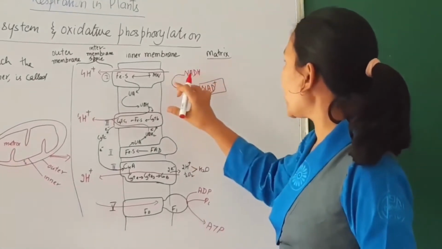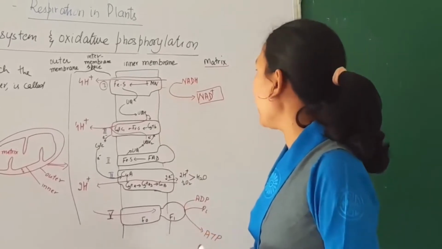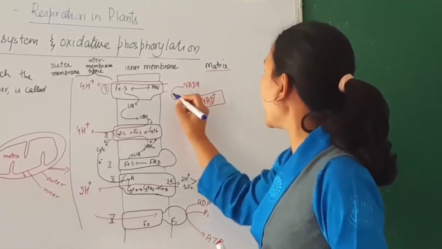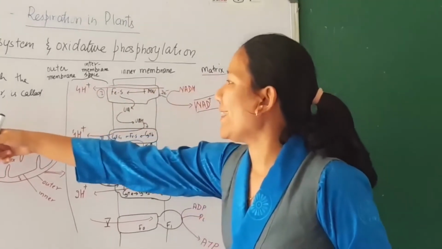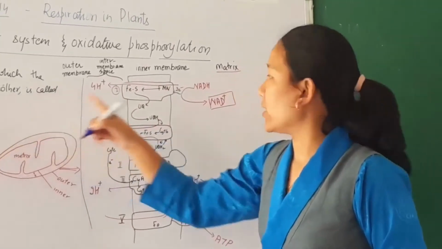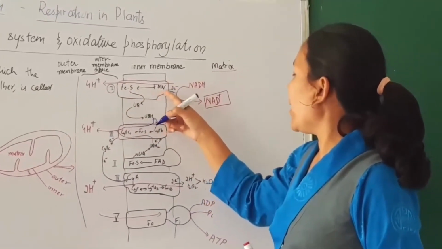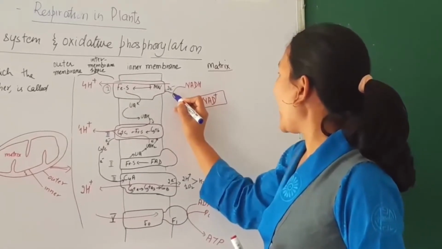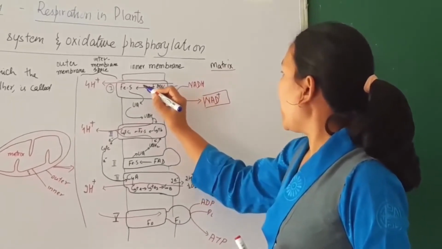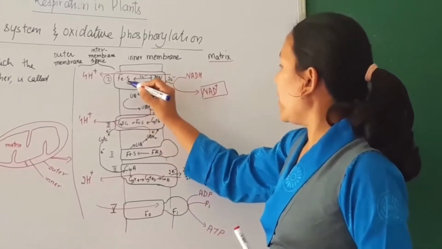During its oxidation, it loses a pair of electrons, and this pair of electrons is transferred to the first complex, NADH dehydrogenase. NADH dehydrogenase is composed of FMN and FAS. Electrons are transferred from NADH to FMN, and then from here to FAS, and this FAS